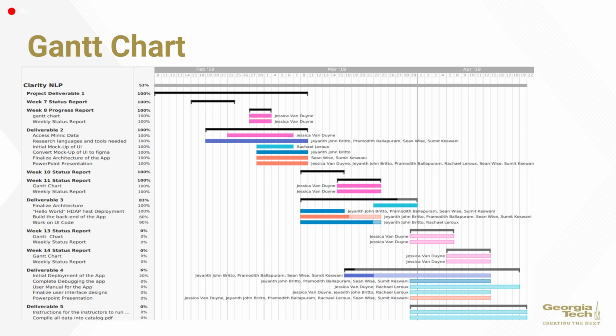Here we have our Gantt chart. We currently are at Deliverable 3, where we have finalized our architecture and finalized the front end of our UI code. We are still integrating that with the back end of the app and completing the build of the back end. Moving forward towards the end of the semester, deliverables 4 and 5 will be having our first initial deployment